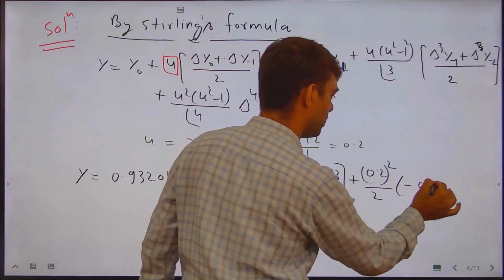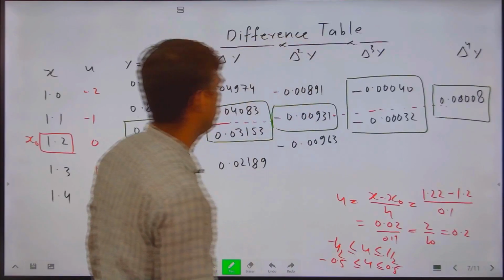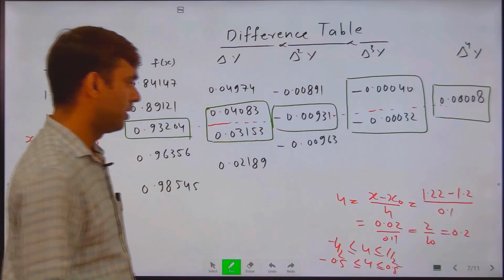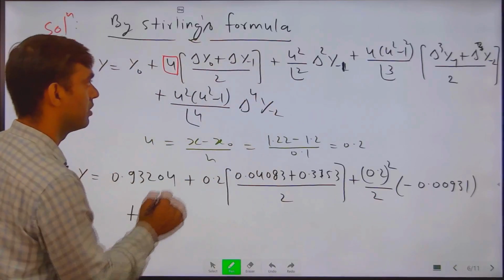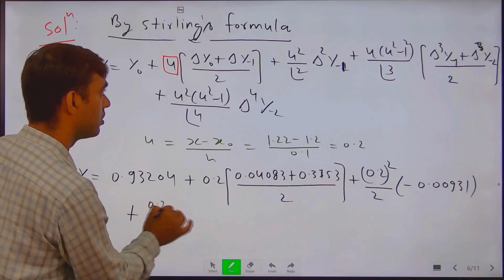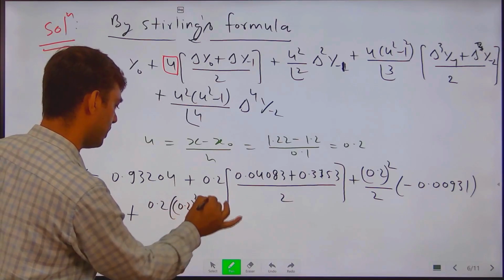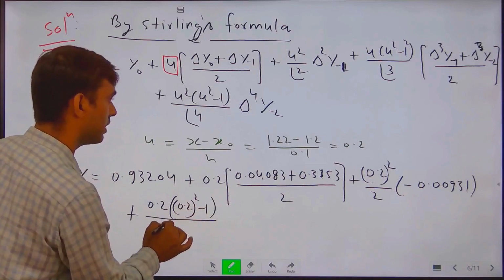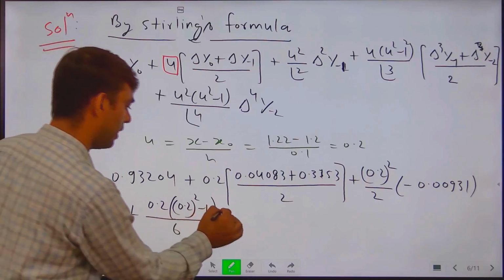Minus 0.00931. Then we write the next term, plus u, means 0.2 whole square minus 1 divided by factorial 3, which is 6, since 3 times 2 is 6, and again the average of